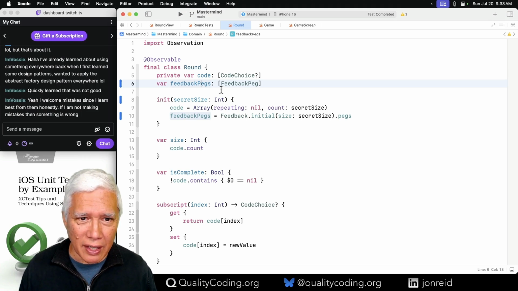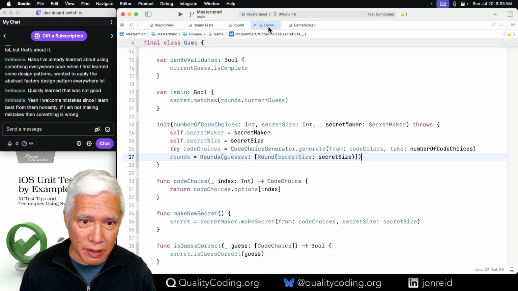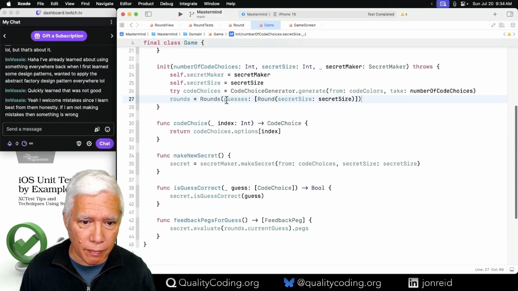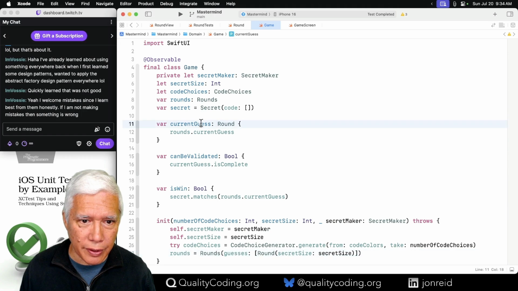So if we have feedback pegs sitting here now inside of the round and they're sitting there empty, I wonder if, let's see, the game, current guess.